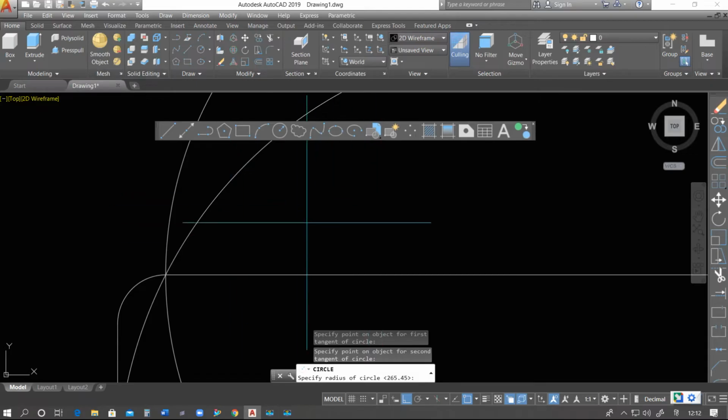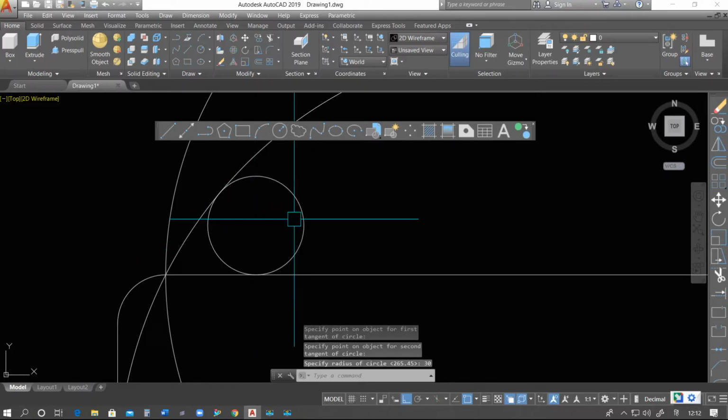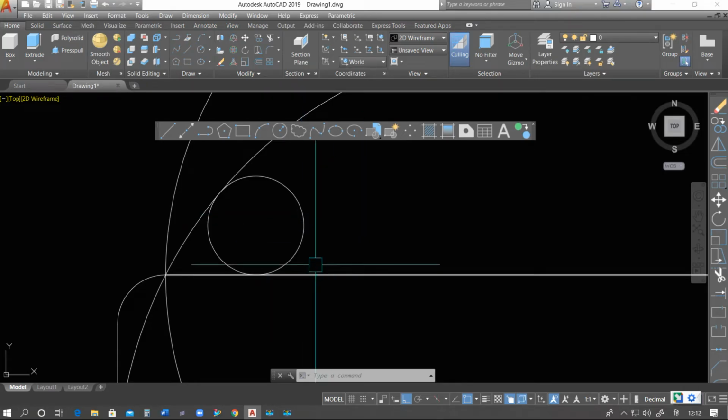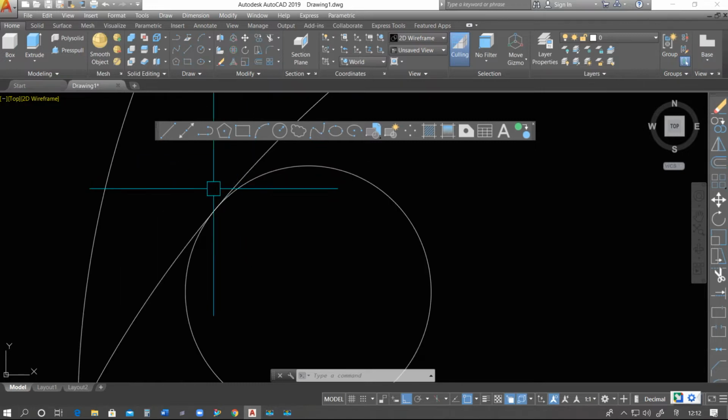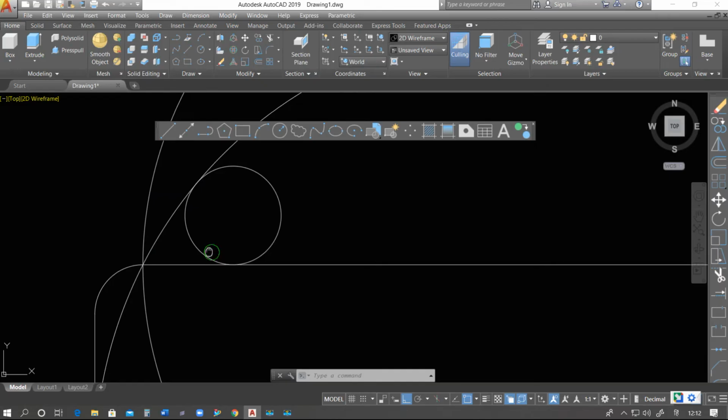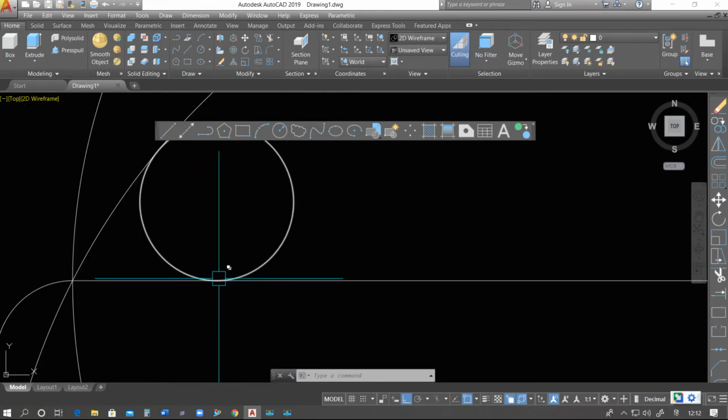Now what should be the radius? I'm saying the radius should be 50, or suppose 30. You see, we have a circle which is maintaining tangency of this line and this circle. You see, this circumference is not going to intersect. This is how to use tan-tan-radius.